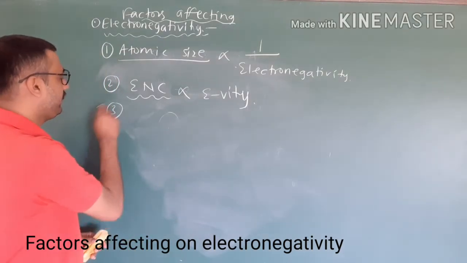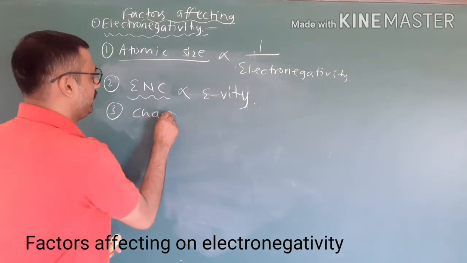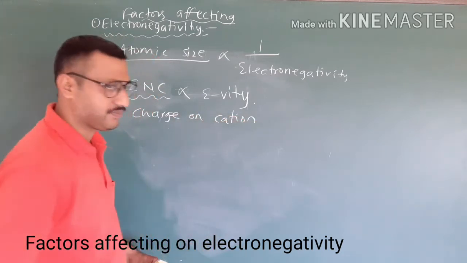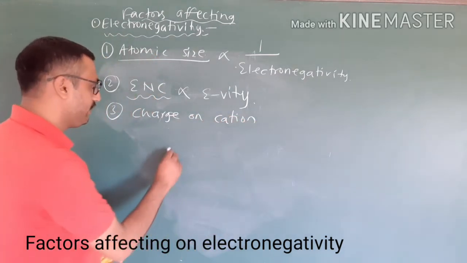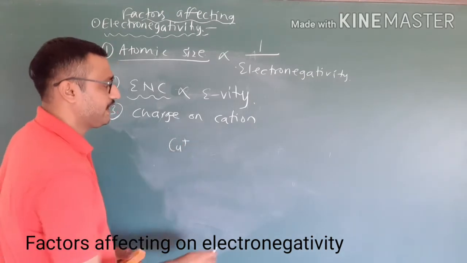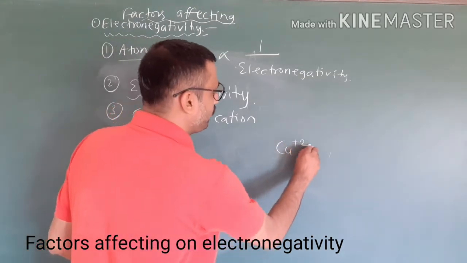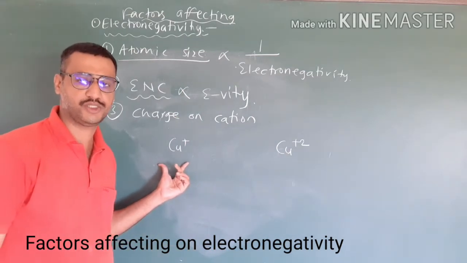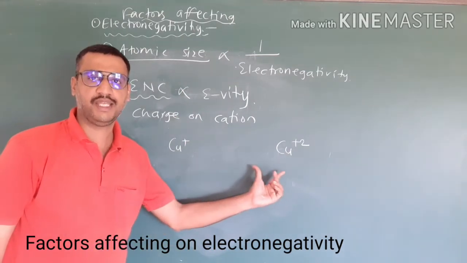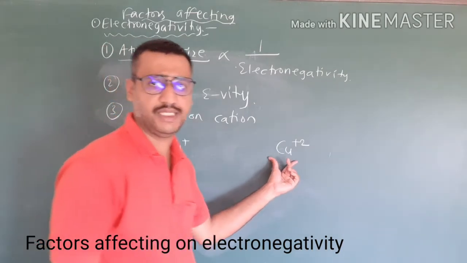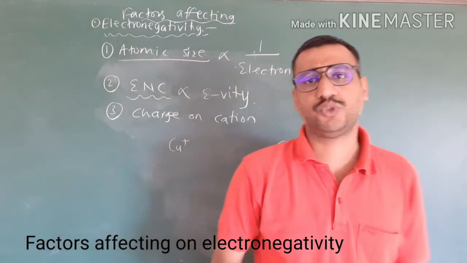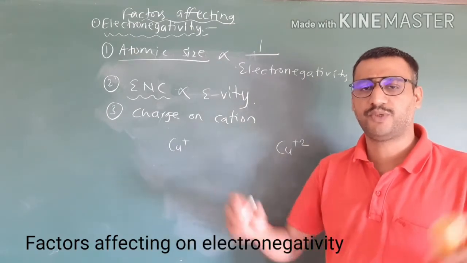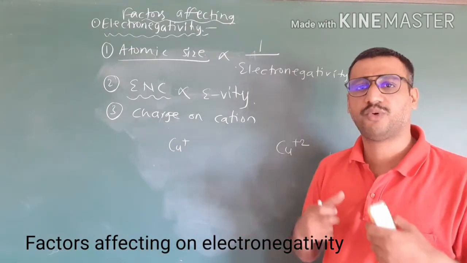Now the third factor is the charge on the cation. For example, suppose we are talking about the Cu+ cuprous ion or the Cu2+ cupric ion. We know that lower valency ends with -ous, so this is the cuprous ion, Cu+. Higher valency ends with -ic, so it's the cupric ion. If both are there in different compounds, which will pull electrons more efficiently